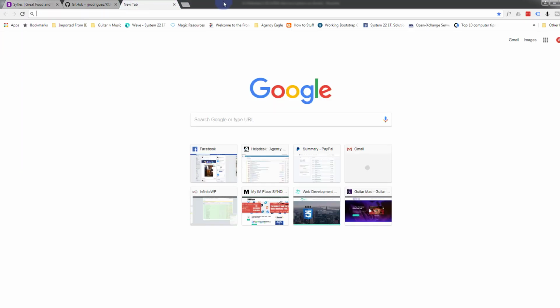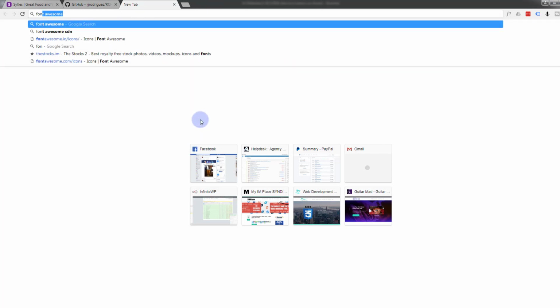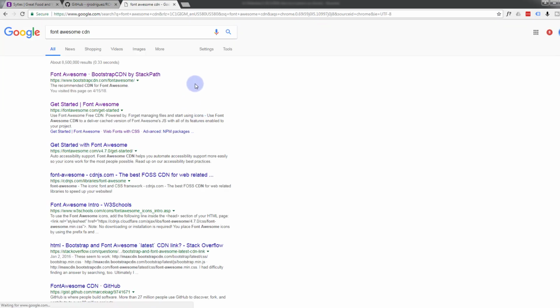So if you open a tab in Google, I'm using Google Chrome here. If you want to follow along, you can use any browser, but I suggest you use this purely because of the great inspector that we use, the developer tools. Once in Google, search for Font Awesome CDN. CDN stands for Content Delivery Network, so we don't actually have to download any fonts and install them on our site. We can just pull them straight from their